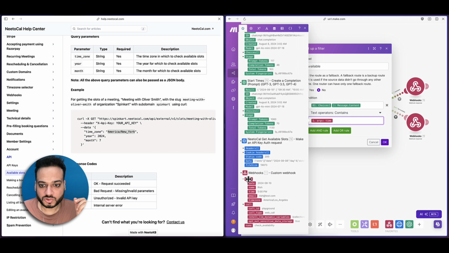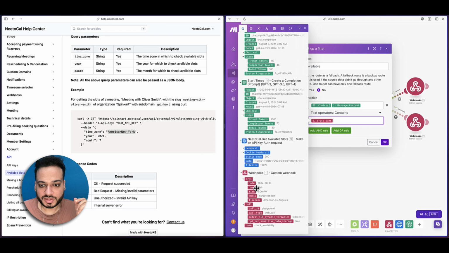Args and time. So if this time is inside this content, which is 82, in this message content, then logically it means that the time is available, right? And it will go here and give the output that this time is available to the AI assistant, which is Vapi's voice, right?